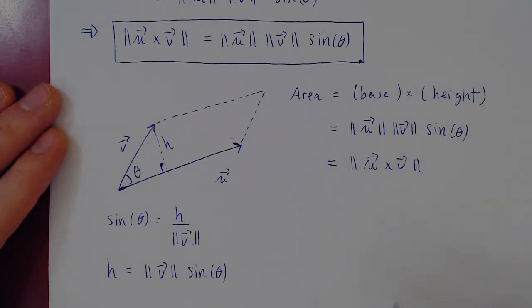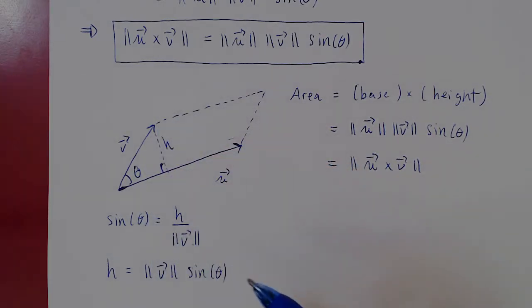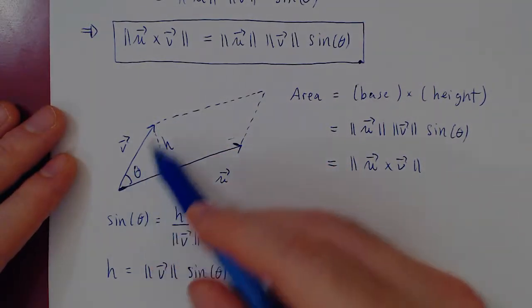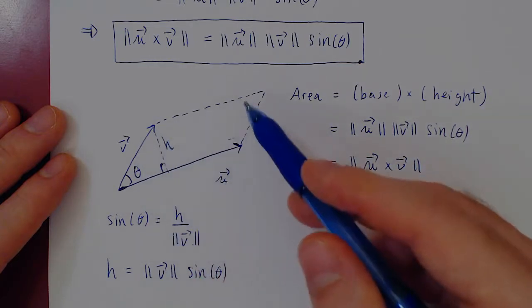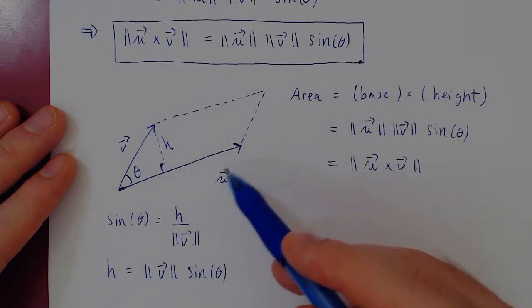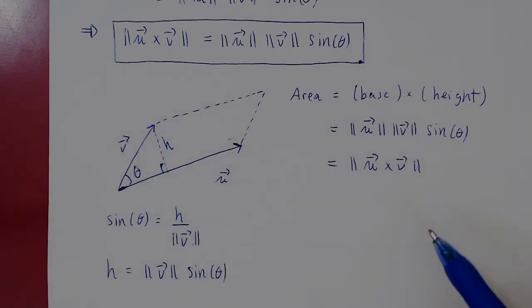Beautiful, simple result. If you have two vectors in space, whether in R2 or R3, as long as they're not parallel, they will span a parallelogram, and the area of the parallelogram is simply the norm of the cross product between u and v. And think of geometrically,